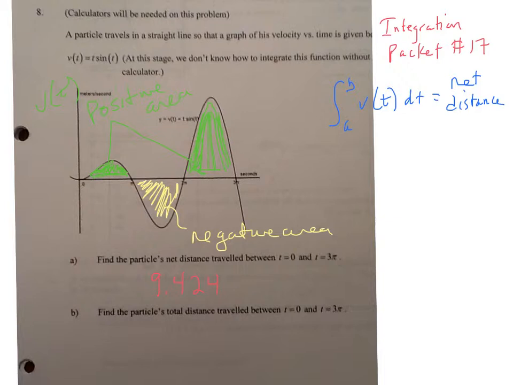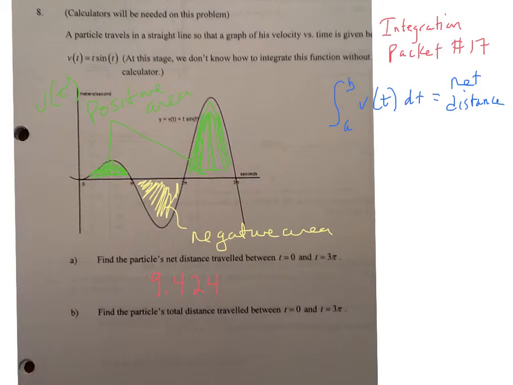Now, for example, if you were running around a track and you ran clockwise around the track for a mile, that net and total distance, if we consider clockwise positive, would be a net and total distance of a mile. Now, if you ran a half a mile clockwise and a half a mile